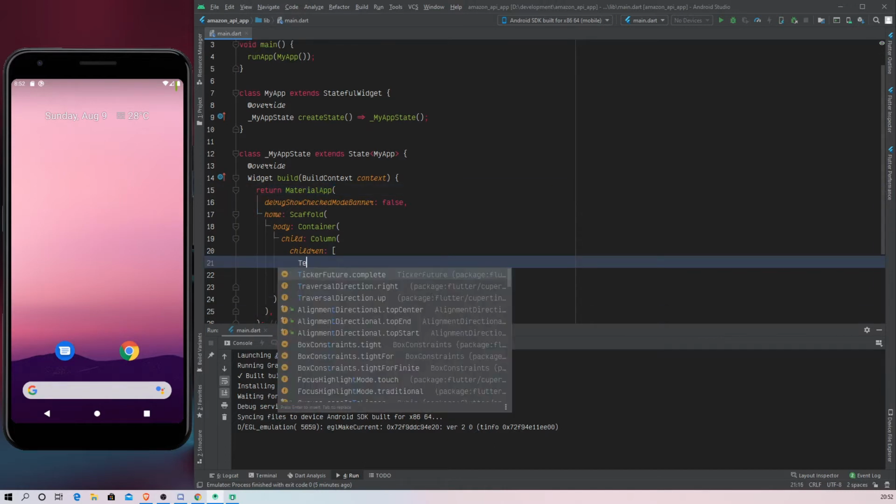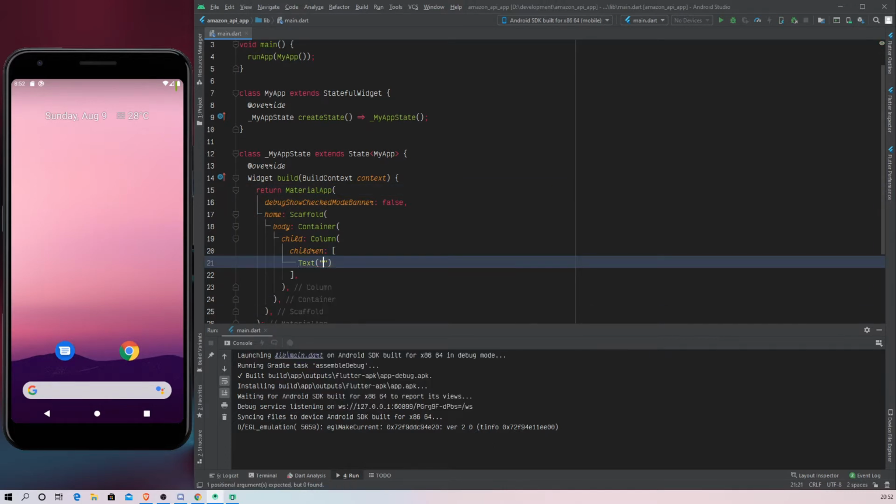So we're going to put a Text widget in here for now. Since Flutter supports hot reload, I can show you guys the changes I'm making as I make them. So it will reload them every time I save the file or make a change. So we'll just set this to Hello World so you can see all the changes that are made after this. So we're going to save that and we can run the app again.